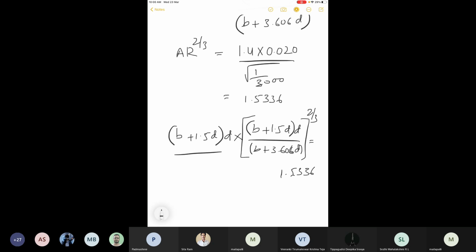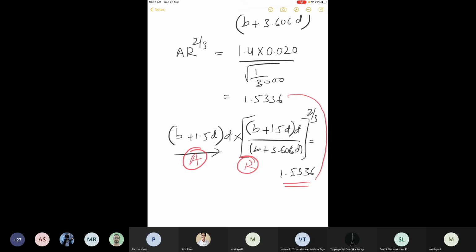So this represents A, where this represents R. A R power 2 by 3 is equal to the value we got here. Now, after simplification,